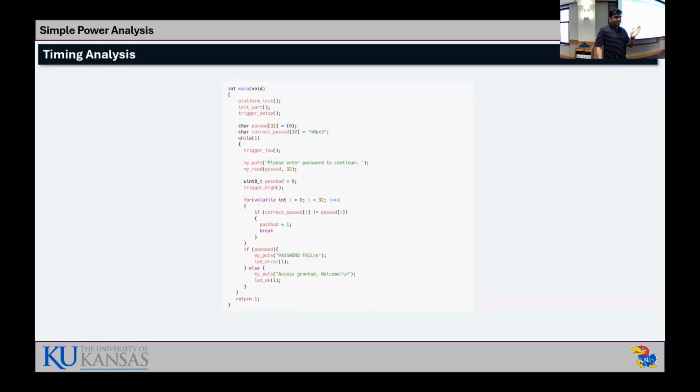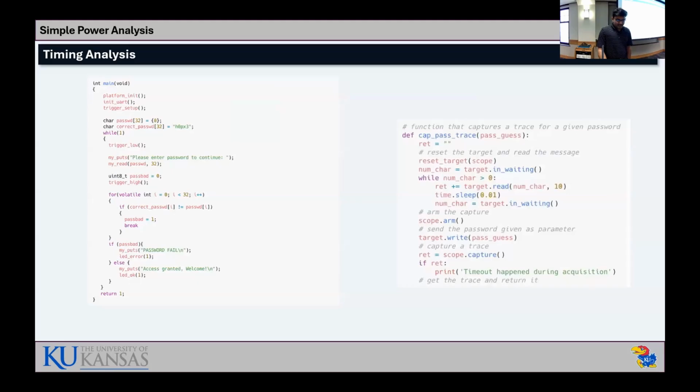So if the first character is correct, it will go to the second character and then third, fourth, fifth. But if your first character is not correct, it will not go further, so the loop will not continue, right? So this is the code, just a simple password code inside the microcontroller. You can deploy it inside the microcontroller, and then with the setup,